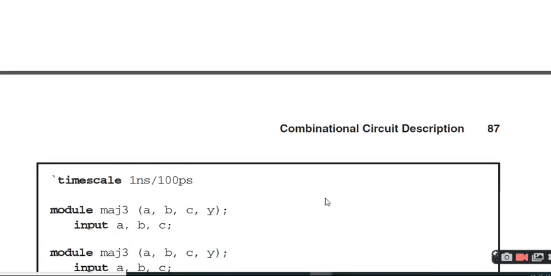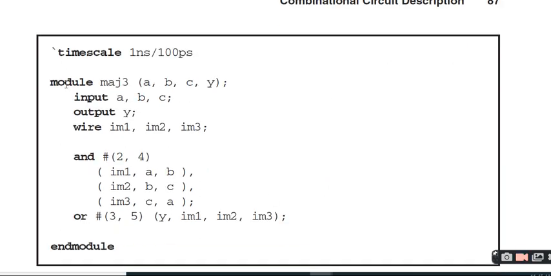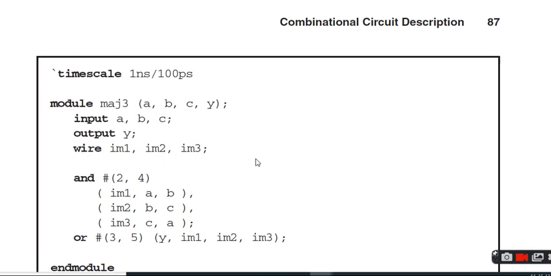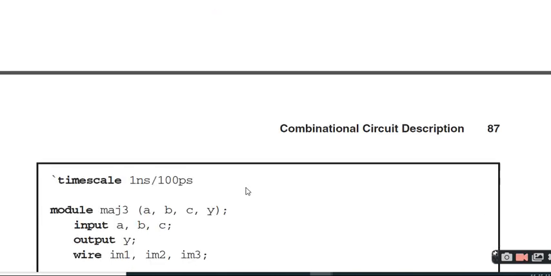So to write the program: module majority is the name. What are the inputs? A, B, C. You can declare inputs and outputs: input A, B, C, output Y. In between, temporary wires, so you should declare wire IM1, IM2, IM3.